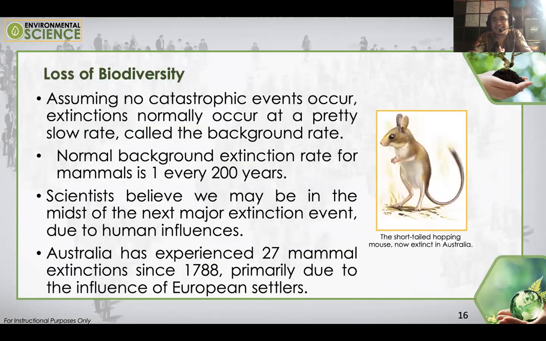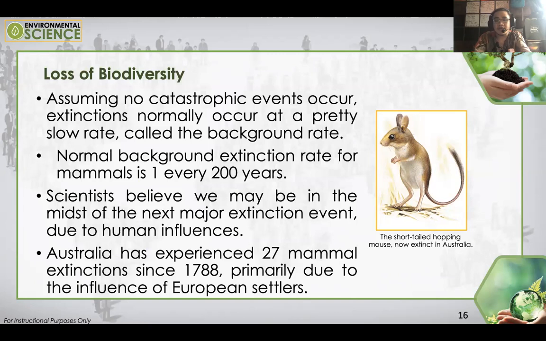No, for example, let's take a look at this picture of a short-tailed hopping mouse in Australia. What happened here? Okay. Assuming no catastrophic event occurs, extinction normally occurs at a pretty slow rate called the background rate. So extinction of species is slow when there is no natural catastrophic event, like the meteor that crashed 65